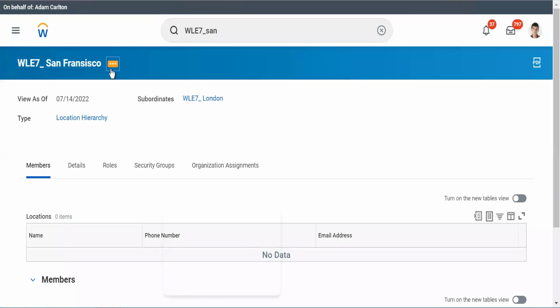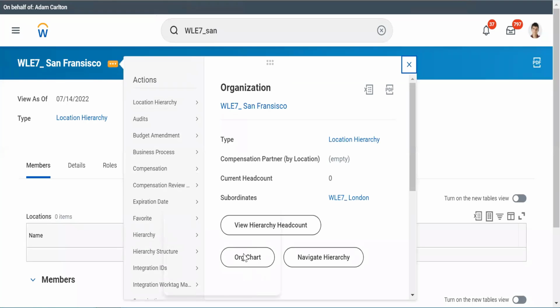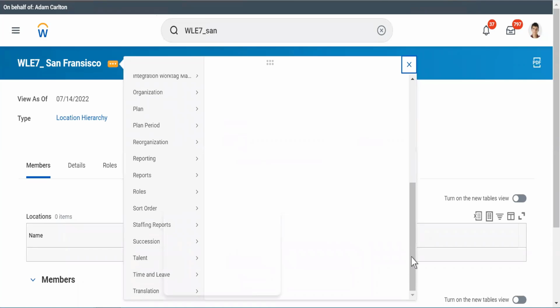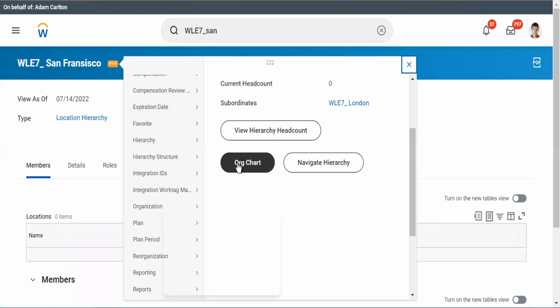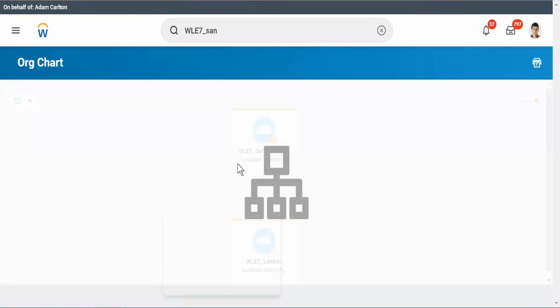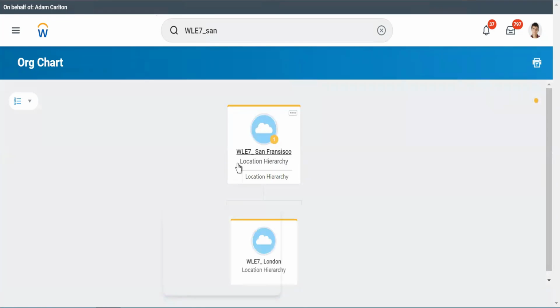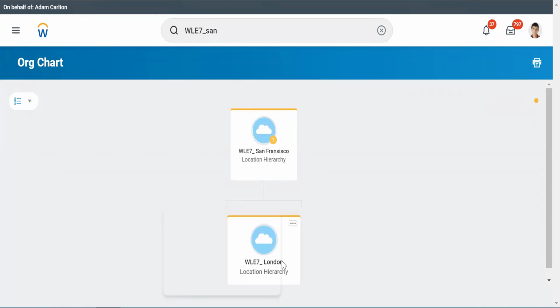Now, again, if you go into the chart, you will see the org chart, but you also might see something more. What is that? Let me first go there. See if I can go there. Yeah, I'm able to. Okay, so this tenant does not have any positions linked. What happens is when you have any positions linked with San Francisco or London, they will automatically be linked with it. So in this tenant, we are good that there are no positions linked, right? So you have San Francisco and you have London available.